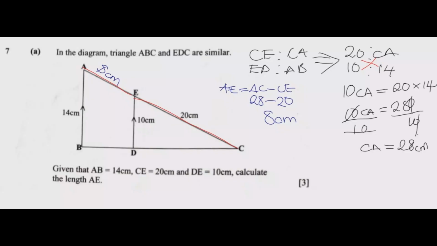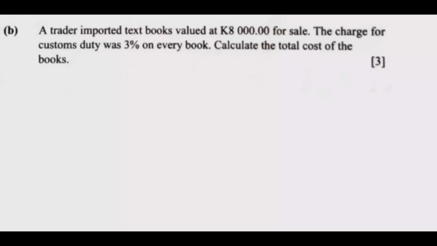Okay. Question 7b was as follows. A trader imported textbooks valued at 8,000 kwacha for sale. The charge for the custom duty was 3% on every book. Calculate the total cost of the books. Okay, so for us to find the total cost of the books, we are going to write this formula, which is